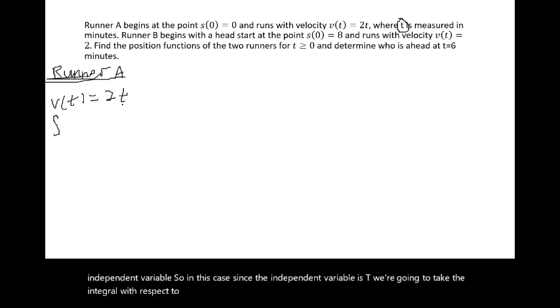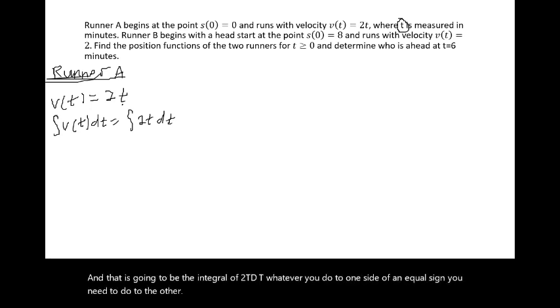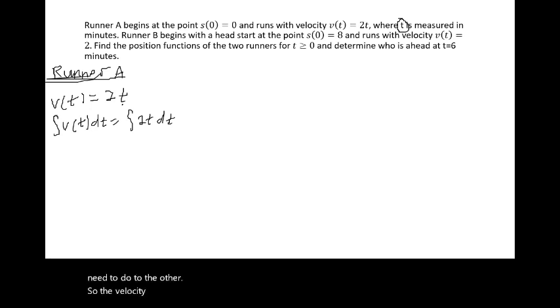So I'm going to take the integral of v of t dt, and that is going to be the integral of 2t dt. Whatever you do to one side of an equal sign, you need to do to the other. So the integral of velocity is position, which, because there's going to be two position functions, I'm just going to denote this as s of a. So, s_A of t is just going to be the position function for runner A, and that is going to equal,